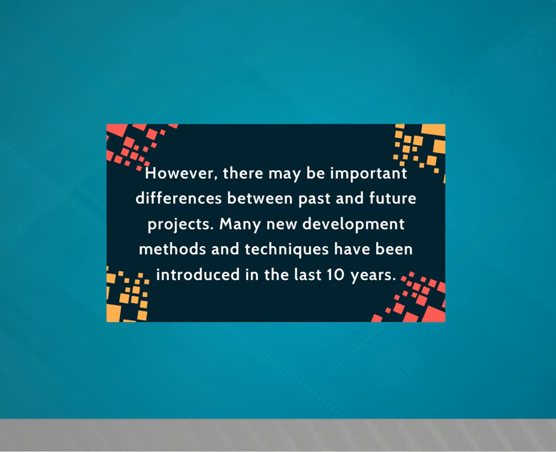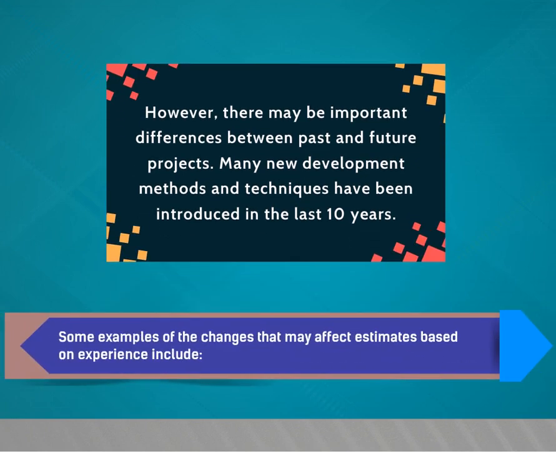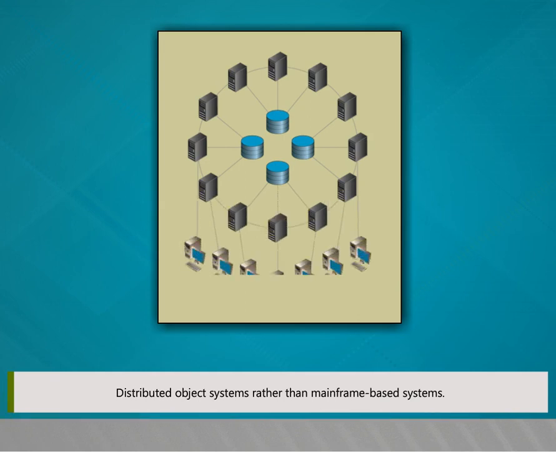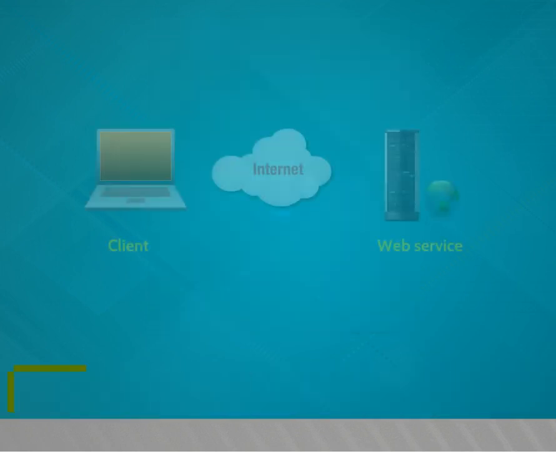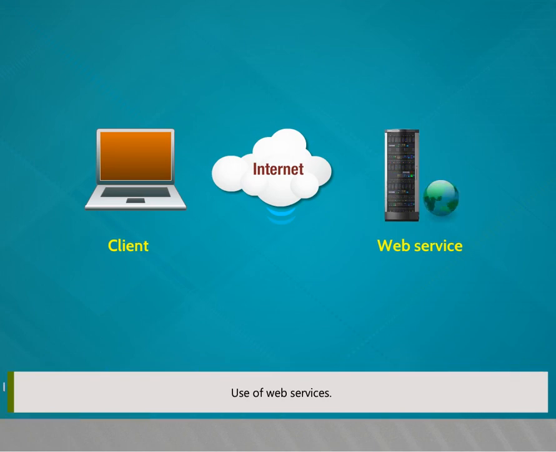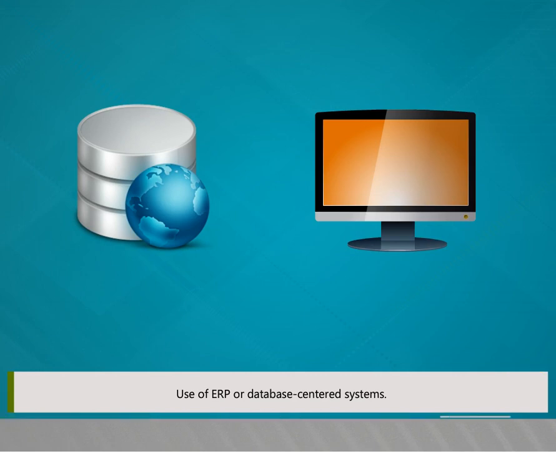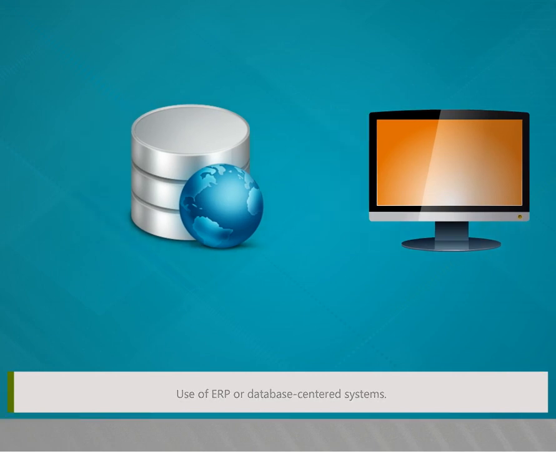However, there may be important differences between past and future projects. Many new development methods and techniques have been introduced in the last 10 years. Some examples of the changes that may affect estimates based on experience include distributed object systems rather than mainframe-based systems, use of web services, use of ERP or database-centered systems,